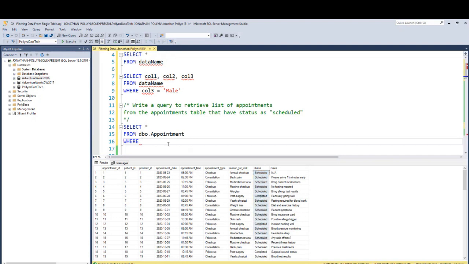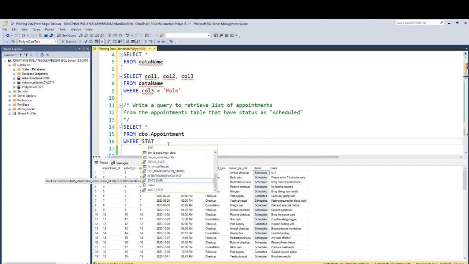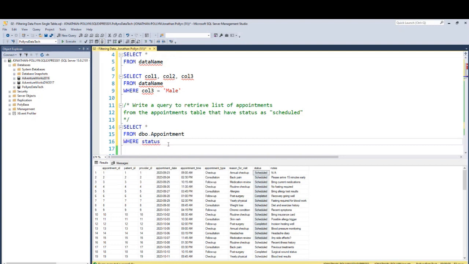So I come down here and I say status. Status equals, and what do I need? Where it says it is scheduled. So I can write scheduled, which is something that is underneath this column, which are all these guys. That is the secret of the where clause. So I put scheduled